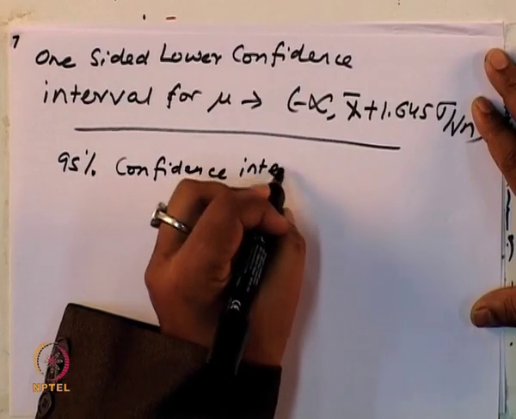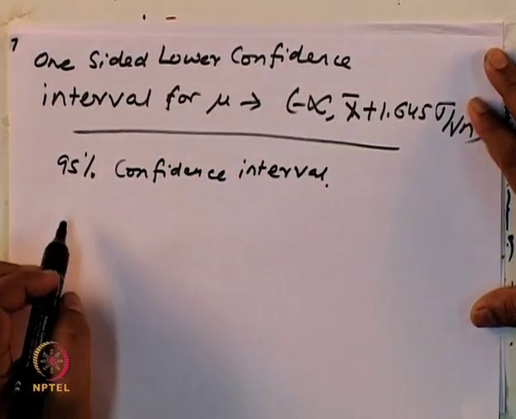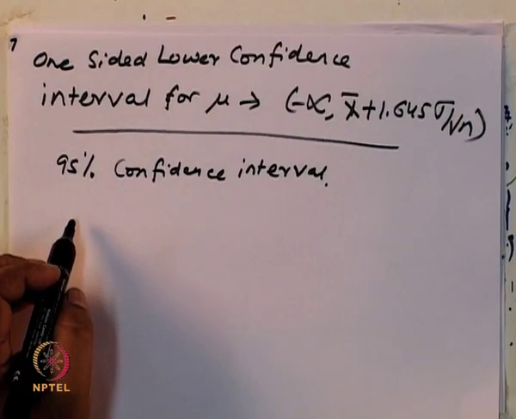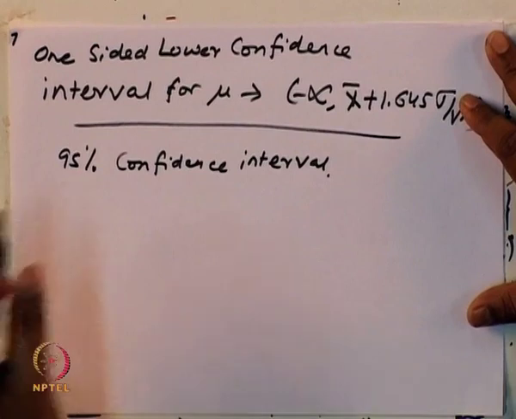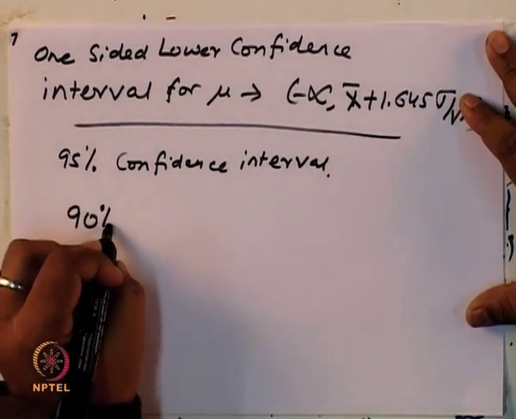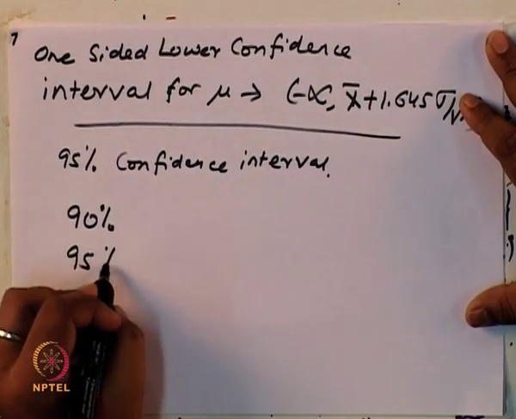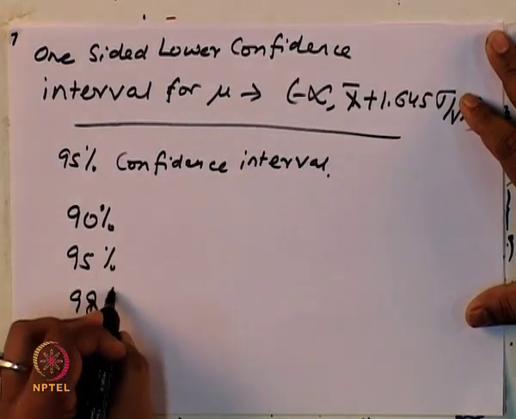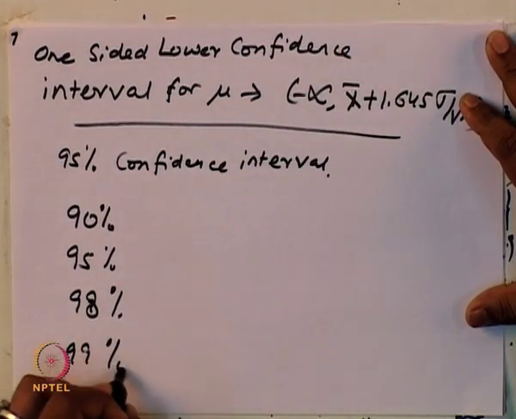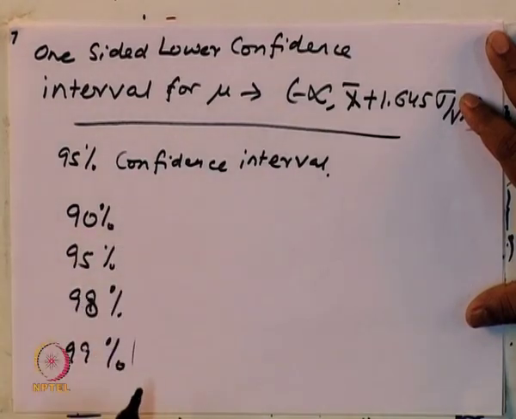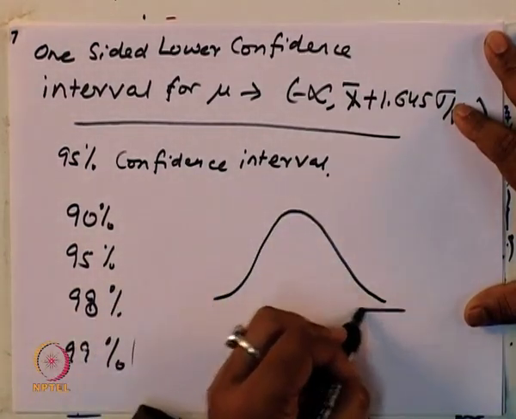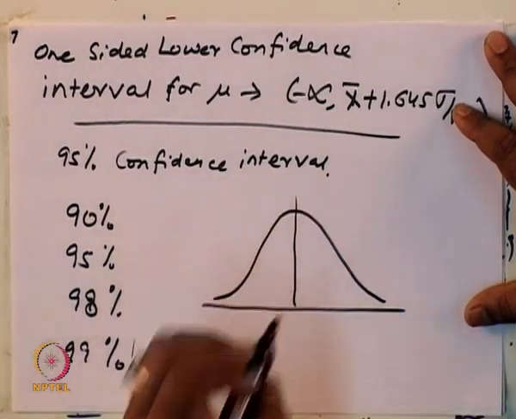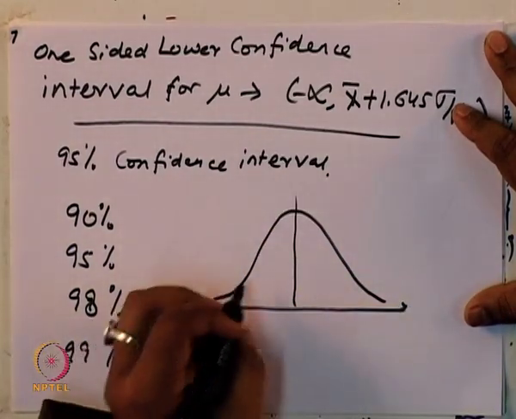Okay. But theoretically we can calculate the 50% confidence interval or the 90% confidence interval, and so on and so forth. And statistically what people typically use may be the 90%, the 95%, the 98% or the 99% confidence intervals. Okay. So, how do we calculate the 90% and all these other confidence intervals? So, what you need to note,